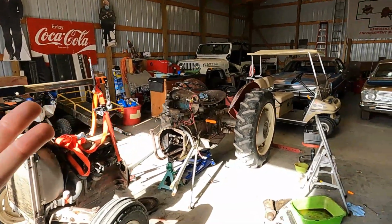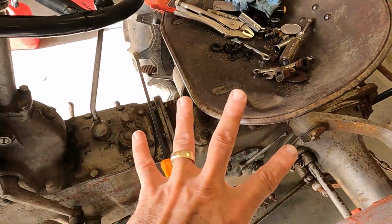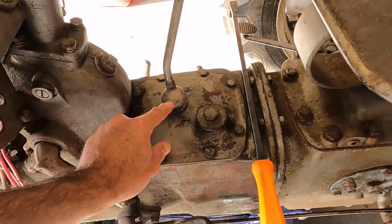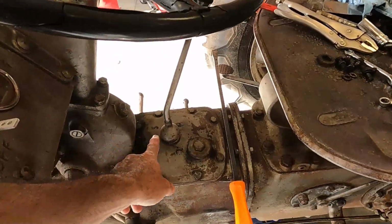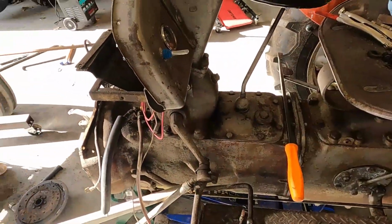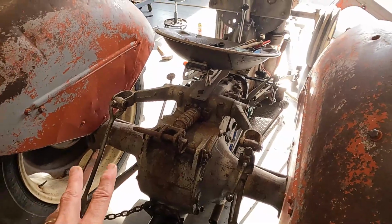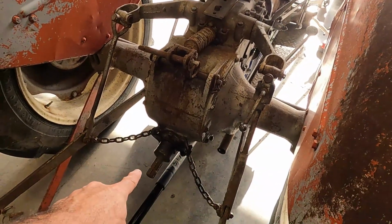And then on these, we're not gonna flush the trans and hydraulic system right now. There's evidence that there's water in the oil. We're gonna be okay over the winter. But from what I can gather, and it makes absolute sense, is we're missing a shifter boot here. And pretty much everybody in the Ferguson tractor web world has said that if this boot gets cracked or gets missing for whatever reason, the case will take on water. So we went ahead and did get a boot, and then in the spring, once everything's running a little bit better and life warms up again, we'll get everything up to running temperature, and then we'll drain the case and